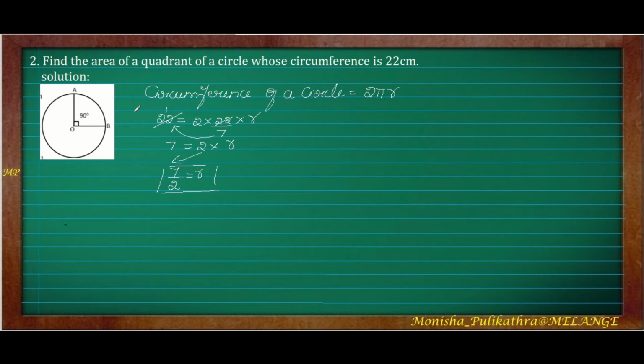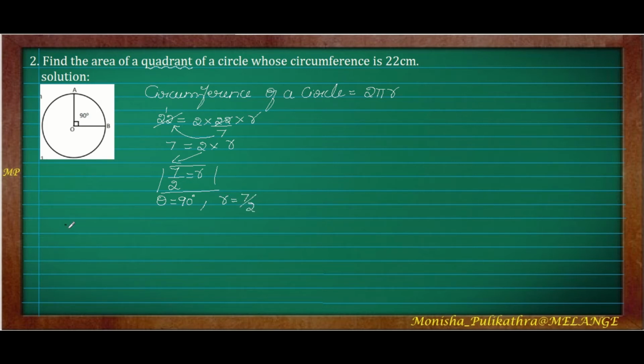So next we need to find out the area of a quadrant. In the previous problem they had given the theta and radius, whereas here they have given only the circumference. By using the circumference formula, we got the radius. But theta is not there. First we need to understand the meaning of a quadrant: it is one by fourth part of a circle. So one by fourth part exactly says 90 degree, right? So if in any question they give quadrant, then you have to take theta as 90 degree. So theta is 90 degree and r is 7 by 2.